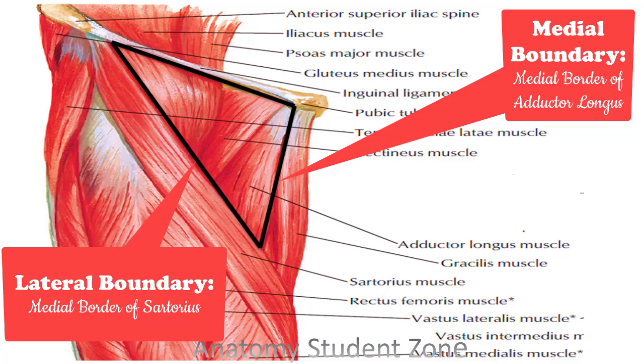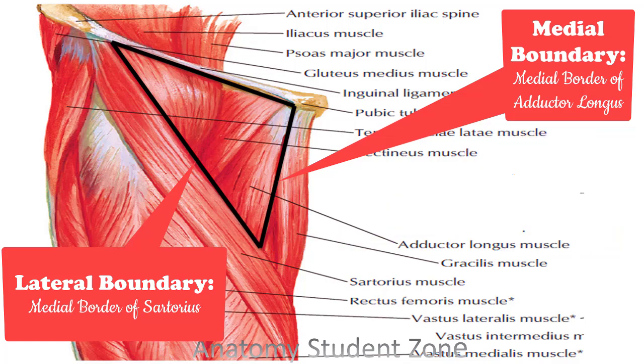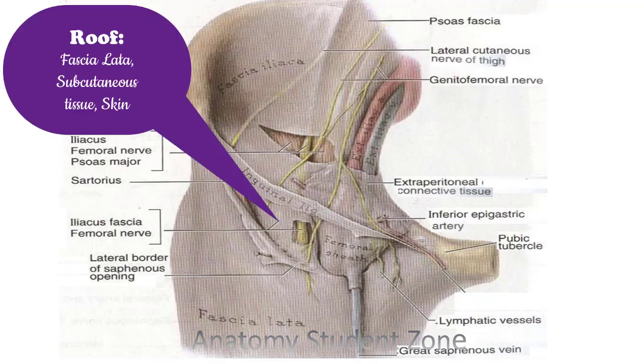The apex of the femoral triangle is where the medial and the lateral borders of the femoral triangle cross. This is pointed out here. You can understand the roof in this manner: if I place a tissue paper on this triangular area and cover this triangle. The roof of the femoral triangle is formed by the fascia lata, and you know this is the deep fascia of the thigh. Superficial to the fascia lata we have subcutaneous tissue, and most superficially we have skin. So if I go back in reverse, skin, subcutaneous tissue and deep fascia form the roof of this femoral triangle.